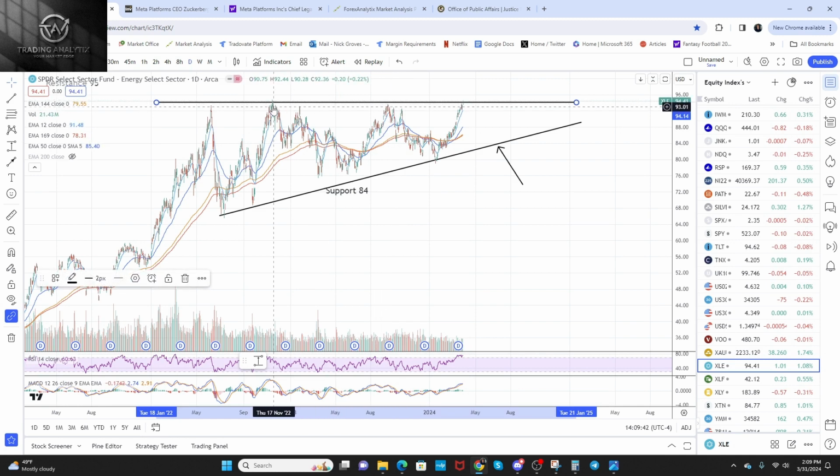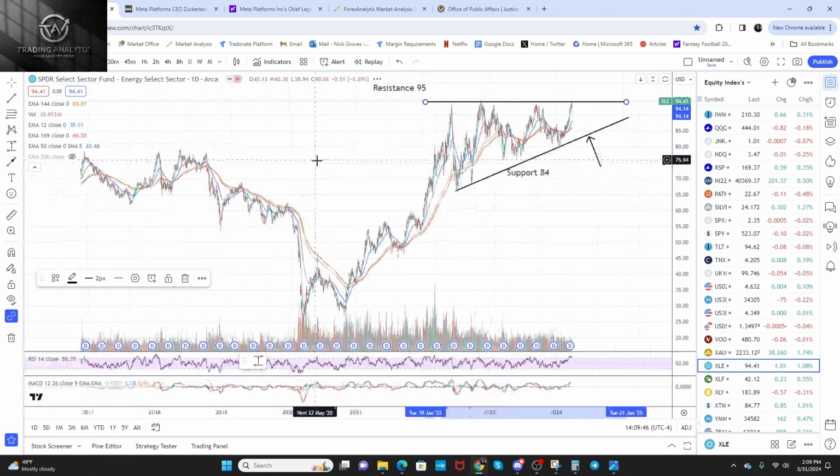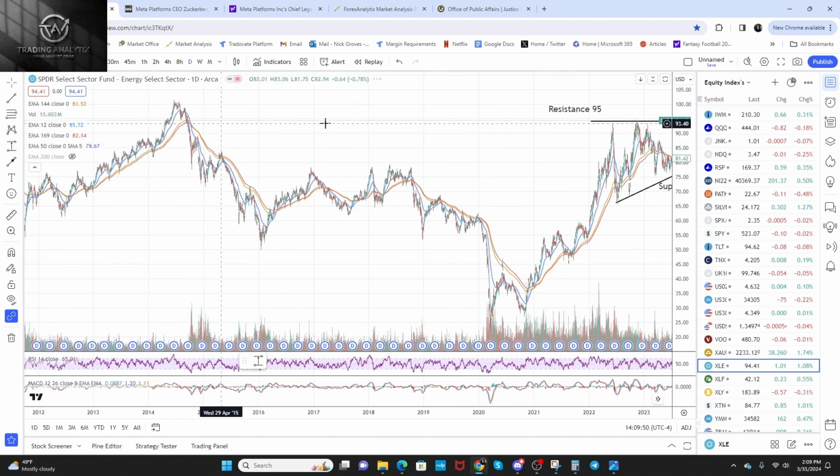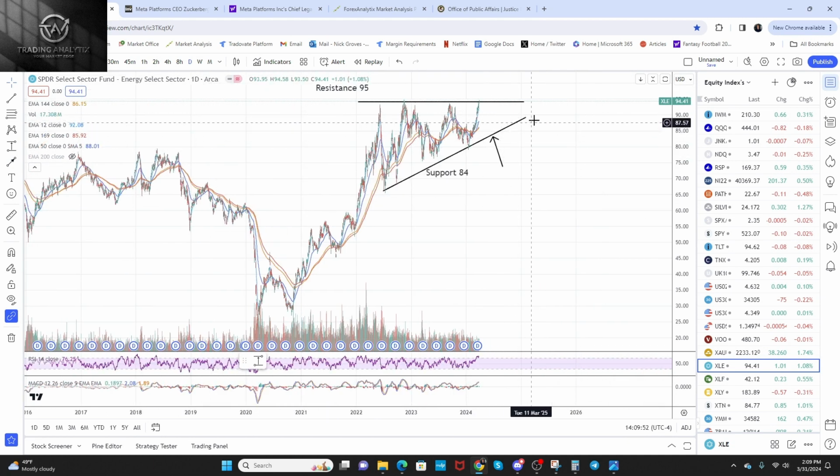But essentially, it's back up here. It's banged its head 3 times. It looks like it could break out, and it's close to levels we haven't seen since 2014. So keep your eye out on resistance here at 95. And in the event that it continues to break, if it pops up, say close to 100 and comes down